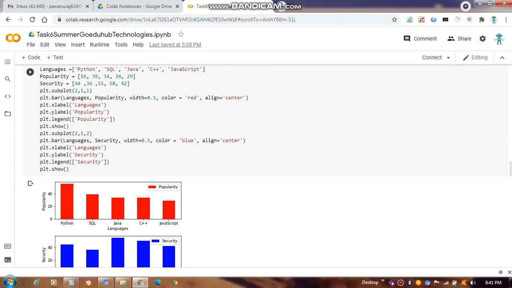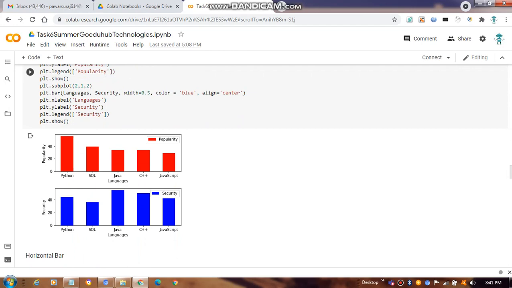So in that, x is the language, y is the popularity, where they have a legend used as popularity. After that, based on this only we have represented language with respect to security, so security comes as the legend, like popularity in this.